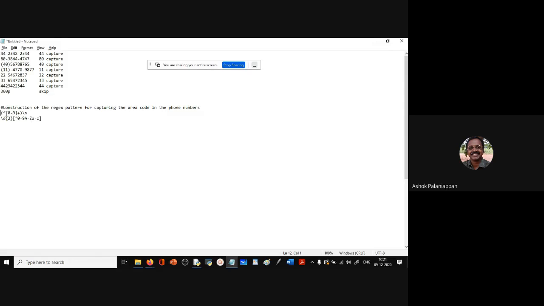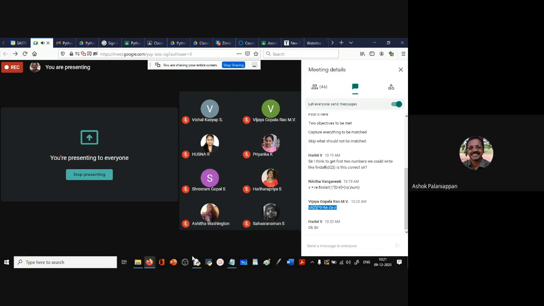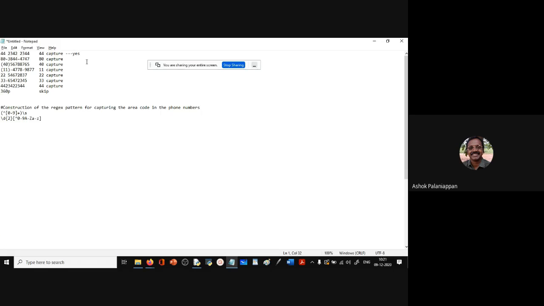It says starting with a number. It starts with a number 0 to 9 and any number of numbers followed by a space. Now what will it match? Starts with a number, yes, and then it is matching till a space. So this one, Nikita's pattern, is matched. Now the second one, starting with a number, correct, but there is no space at all. So this one is no.